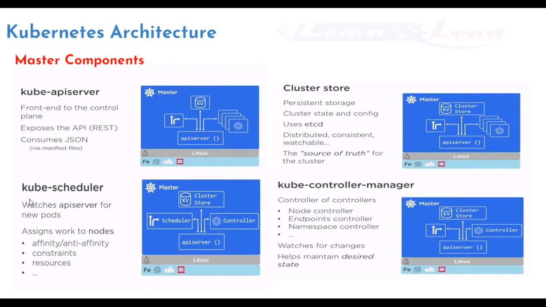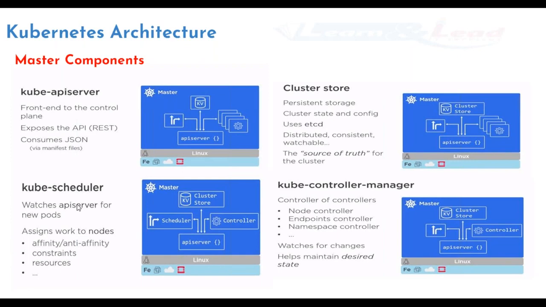Now finally, the scheduler, which we have on the master, watches the API server for new pods. Whenever you want to create a new pod, you give a request to the API server, and the API server asks the scheduler to schedule something onto the cluster. The scheduler's duty is to find a node where the pod can be deployed. A pod is nothing but a container here, team, don't confuse. We are talking about container deployments. In Kubernetes terminology, we call a container a pod. We'll discuss more about those things, but right now this is what it is.